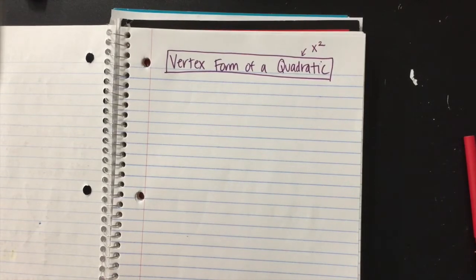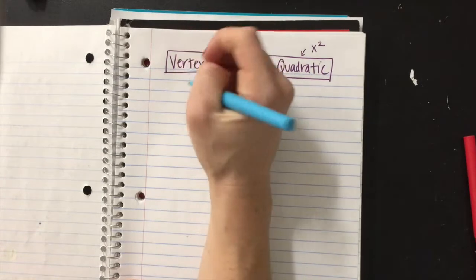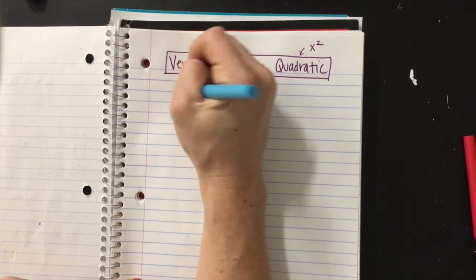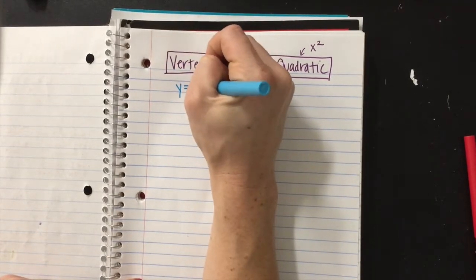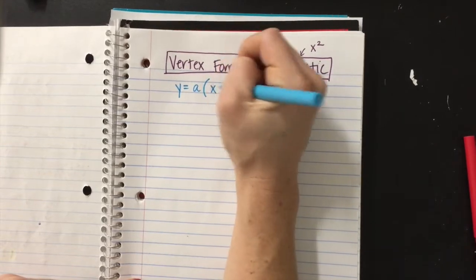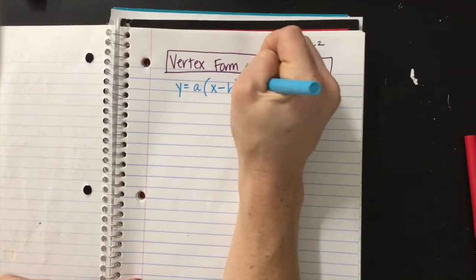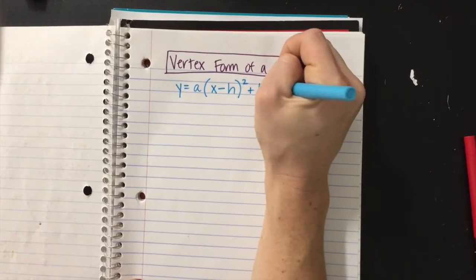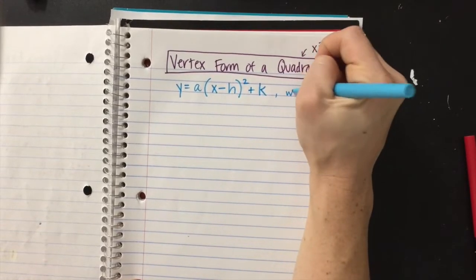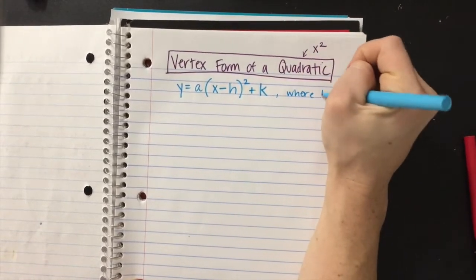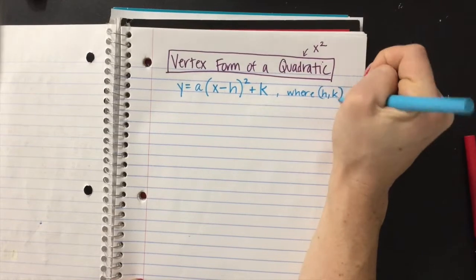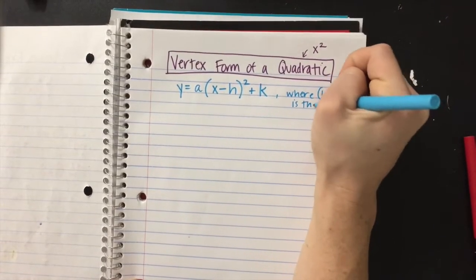So, vertex form has a formula, and it is this. Y is equal to a parentheses x minus h squared plus k, where k is the